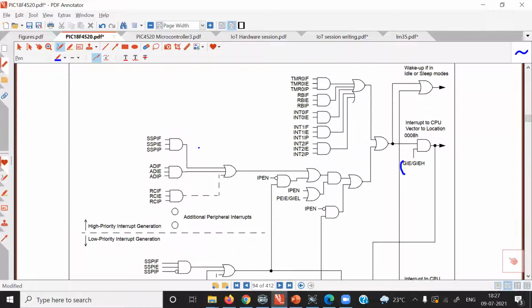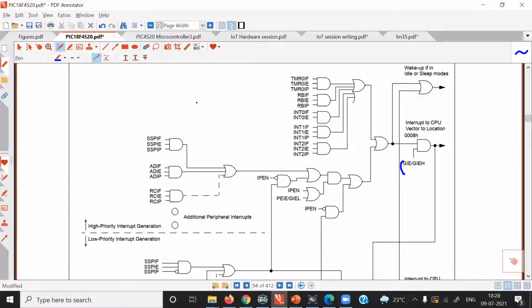For each interrupt source, as I already said, there is a flag bit. For example, for timer 0, there is the timer 0 interrupt flag bit, Timer 0 IE, which means timer 0 interrupt enable, and the timer 0 priority bit, whether it is high priority or low priority. Whenever the timer 0 interrupt enable bit is set to 1 and the timer 0 interrupt flag bit is set, the interrupt related to timer 0 gets triggered.